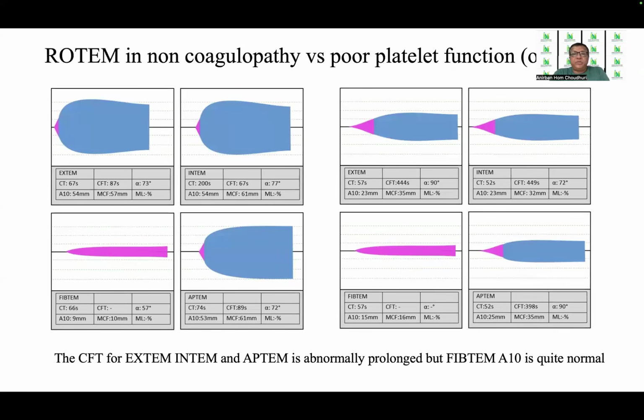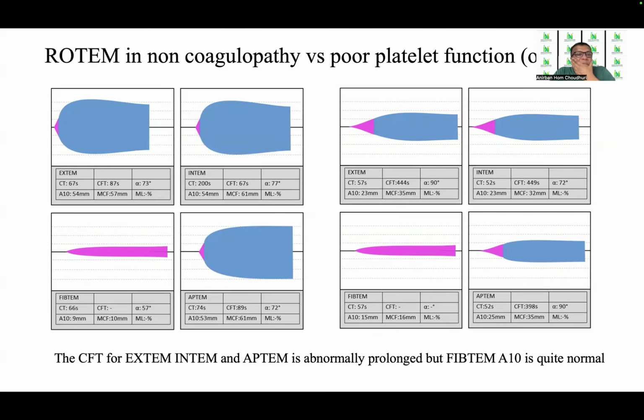Now let us look here into this graph. On your left side, it is the ROTEM in non-coagulopathic normal patients. And on the right side, it is the ROTEM with poor platelet function or thrombocytopenia. Now, if you carefully see, you can clearly distinguish the CT in INTEM. You can see that the CFT, the clot formation time, is 87 in EXTEM and 67 in INTEM. On the right hand side, it is 444 and 449, which means that there is a significant prolongation in the clot